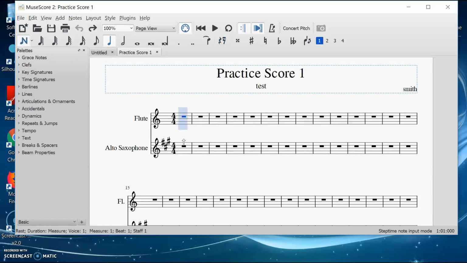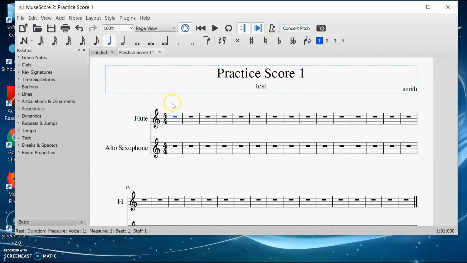So what we are going to do is, when we compose, we're going to want to make sure that we're actually in concert pitch. And what that does is it allows the computer to flip everything into C. So if I'm writing a song in C, I can click this button and it will actually treat all of the instruments like they're in C,